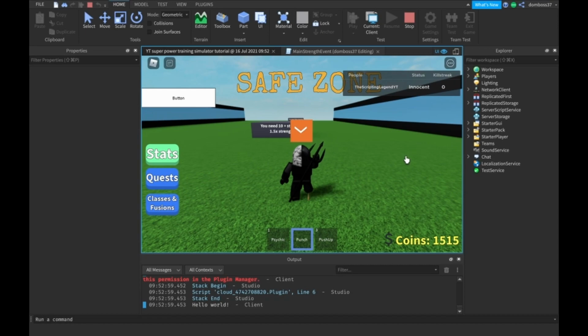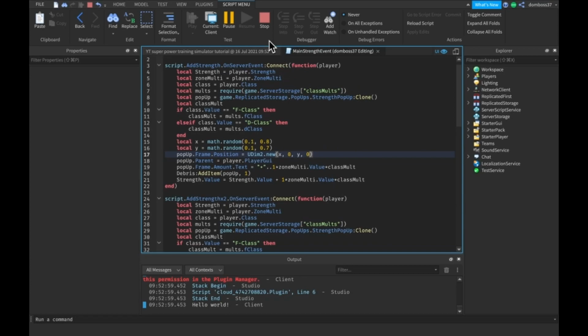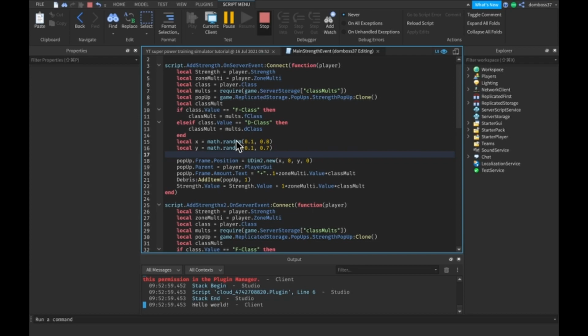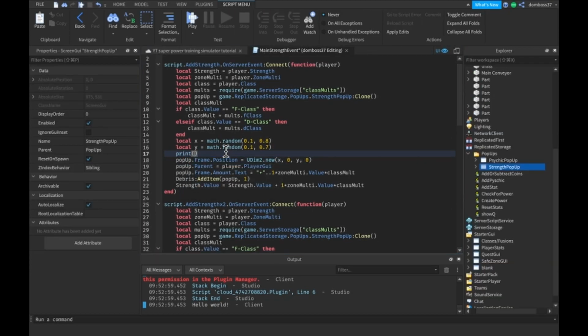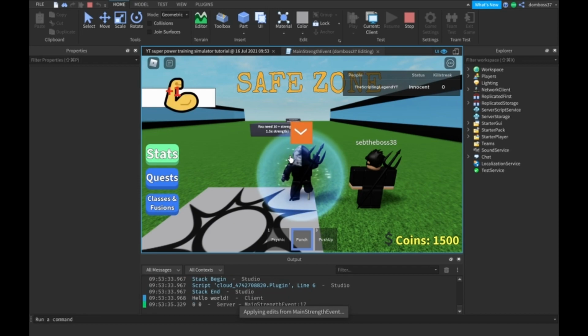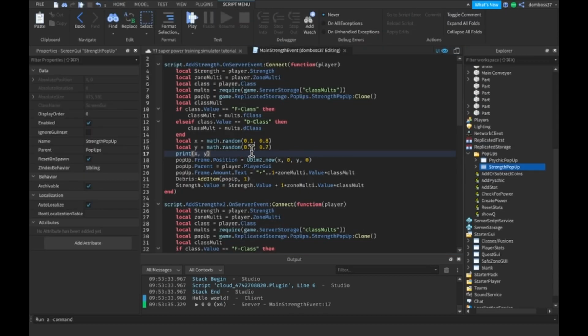Not sure why it's always in the same spot, or because it's always choosing 0, 0, like it can't go below here. Alright, so I just realized that we can't use math.random for this. Instead, we'll have to use random.new